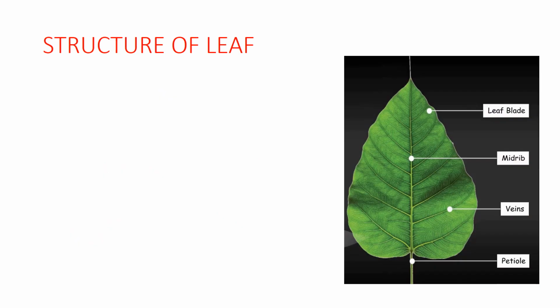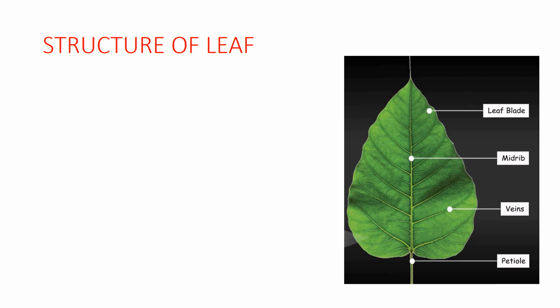Structure of a leaf. Before beginning, I want you to go to your kitchen garden or nearby your house and grab a leaf. Please pause the video and get your leaf. It can be of any tree: mango tree, banyan tree, peepal tree, jackfruit tree, guava tree, hibiscus or any other plant or tree. If you don't get anything, I hope most of you will have a tulsi plant at your home. You can bring the tulsi leaf.